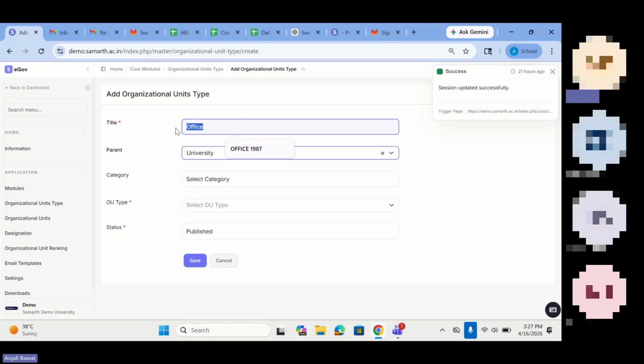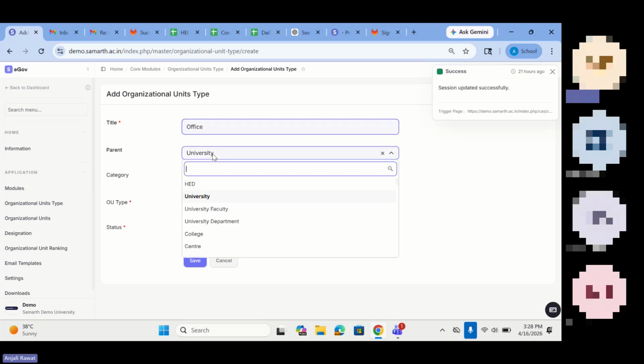Again, you are creating department as a type and your parent will be faculty, because your dean is reporting to the VC and your HOD is reporting to the dean. So like that, you need to create the structure here. Parent will be the person managing the particular organization unit type.